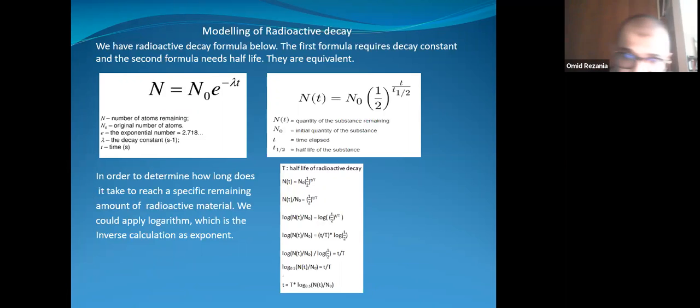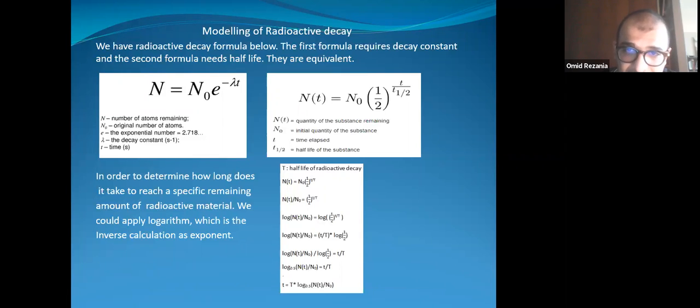I think that formula is very interesting because we didn't cover that in the class, but it's good that you brought it, Aria. For example, look at the equation on the right. You wanted to see how long it takes, given the amount of the material that you started with and how much you ended up with. For example, you started with 100 grams, now you have 80 grams. Let's see what the half-life is.